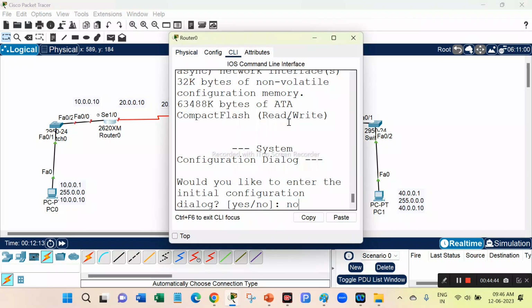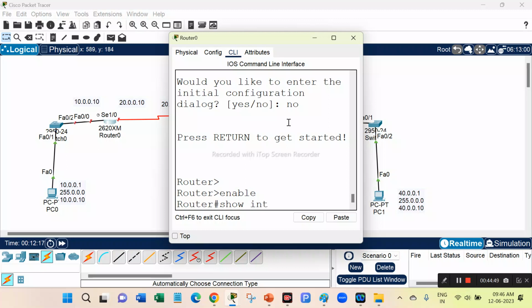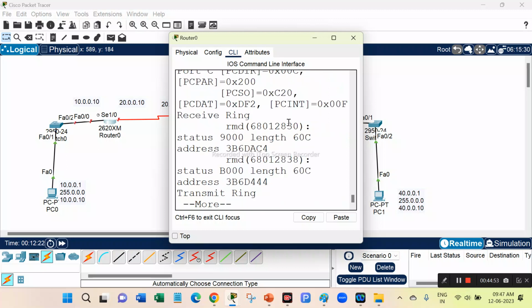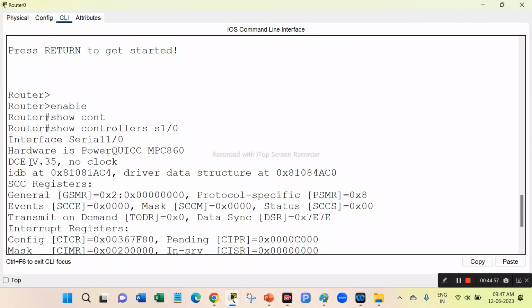Okay, no command. Enable command. Show interface. Okay, show controllers. Show controller serial 1/0. If I apply this command, we can see whether the interface type is a DCE or DTE. Wherever DCE is available, you can apply the clock rate. Wherever DTE is available,